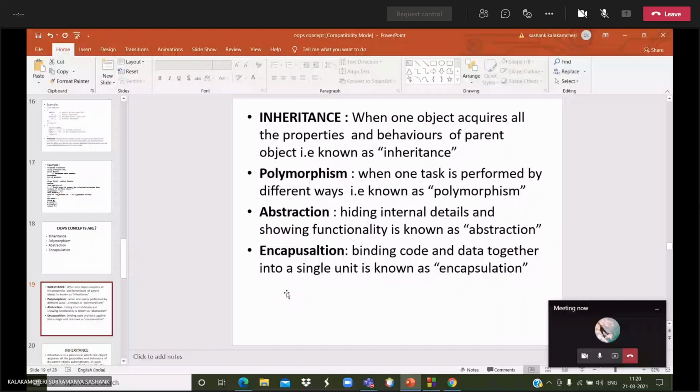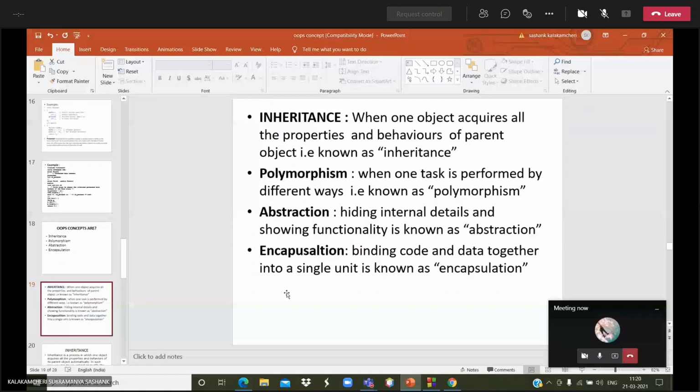That other class can't see what functions are there. It is known as abstraction. Then encapsulation means binding code and data. If you are merging that code and data, like we can take the example of a capsule, any number of medicines are bound through the capsule. Like that we are binding the data and the code.